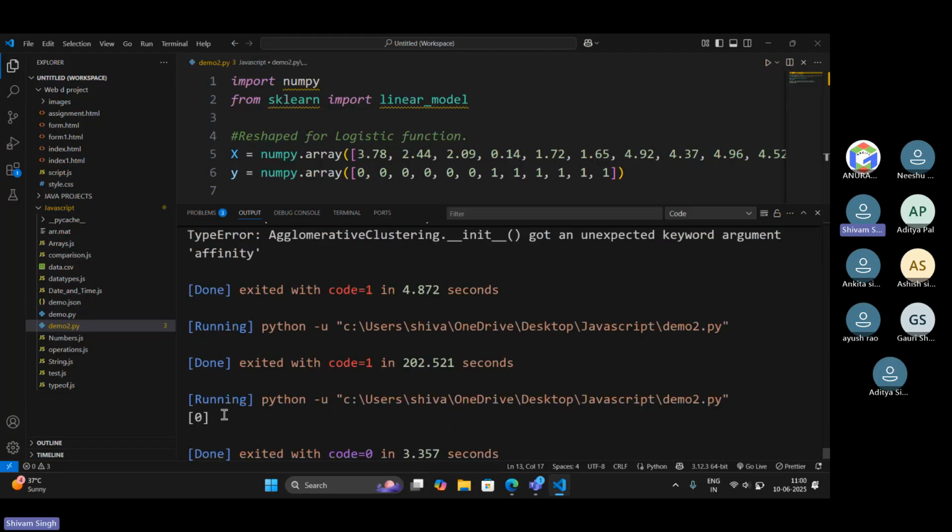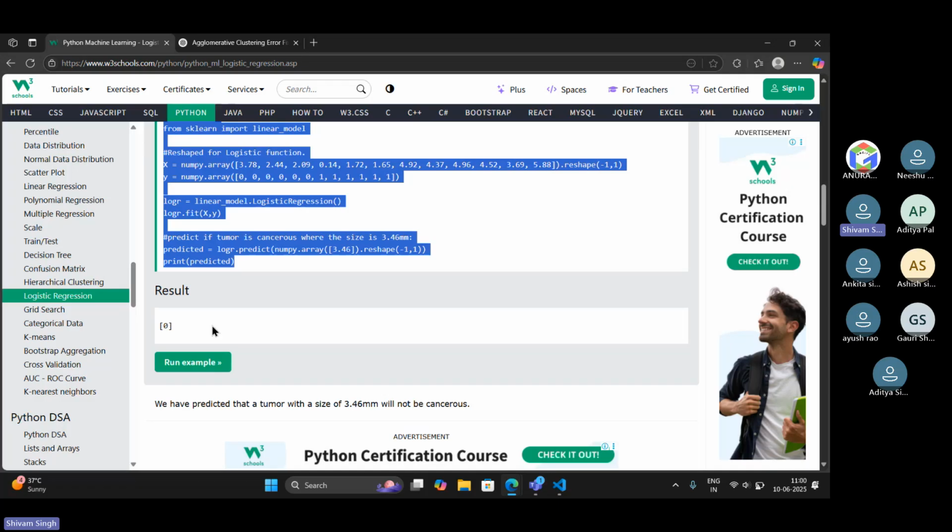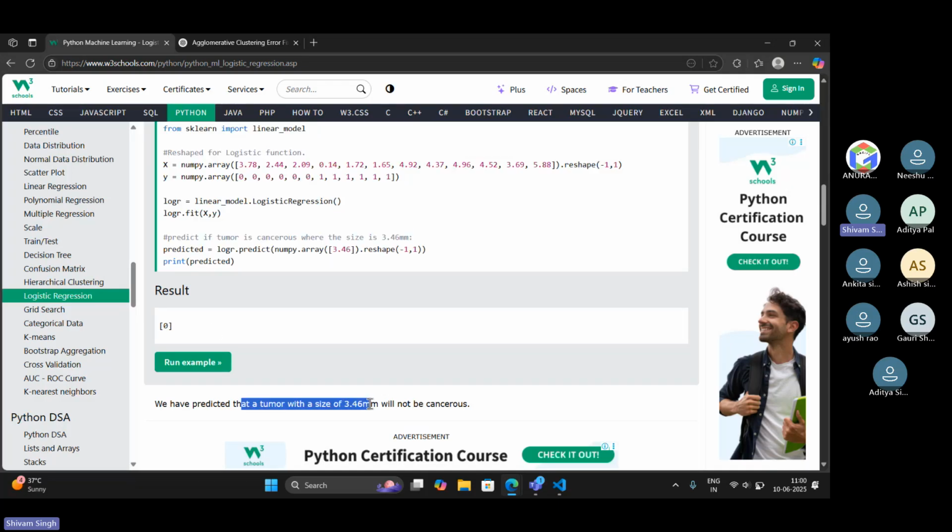We get the output as 0. So the result will be 0. We have predicted that a tumor with a size of 3.46 mm will not be cancerous.